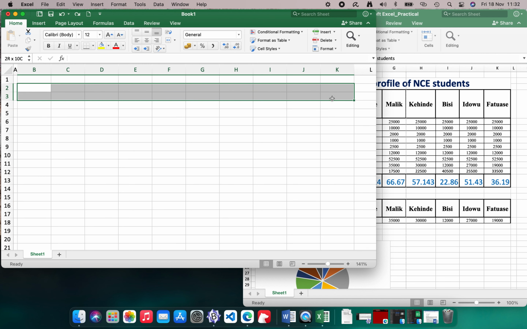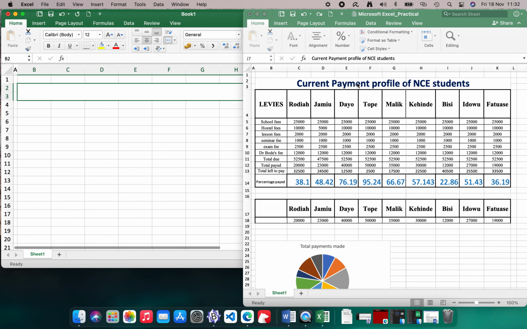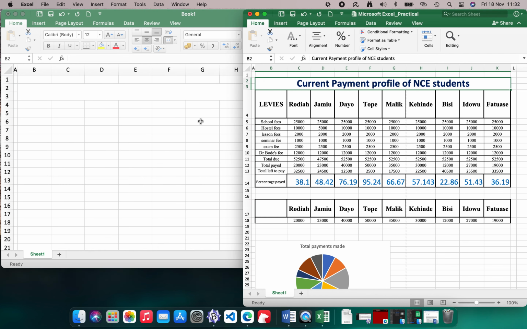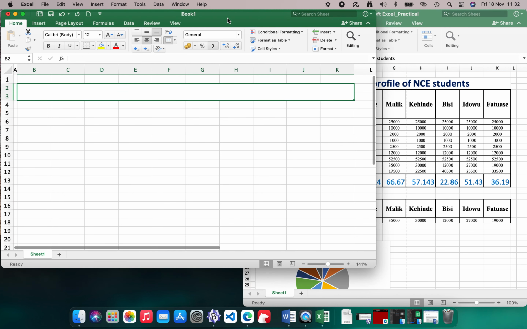to K3. When I get there, I'm going to come to this here. It's called Merge and Center. I'm going to click. So once I click it after highlighting, you can see it has turned everything into just one cell, one giant cell. Then if I want to write what is written here, I need to click on the cell and type